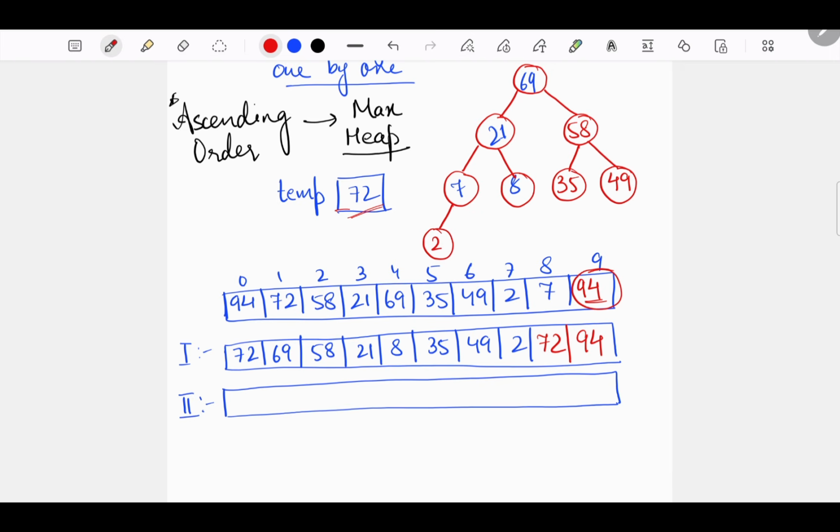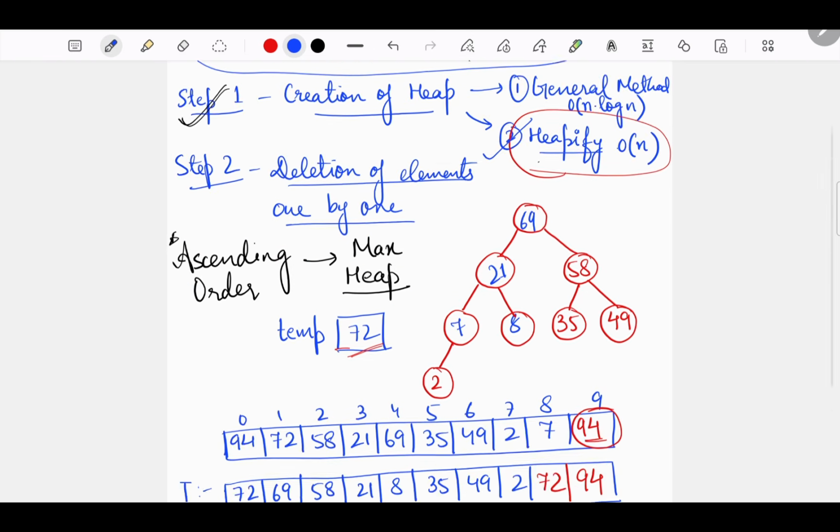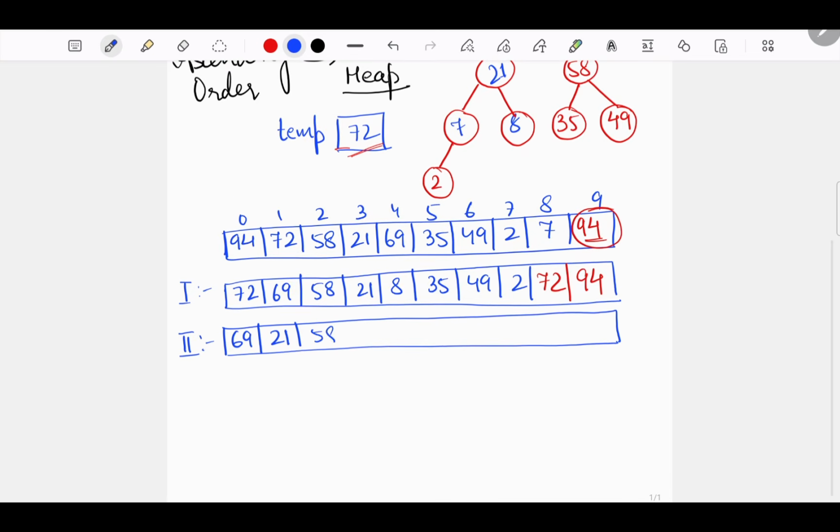So now if I store this heap in level order fashion, how will it look like? 69 is here, 58, 7, 8, 35, 49, 2, and then the 2 deleted elements.